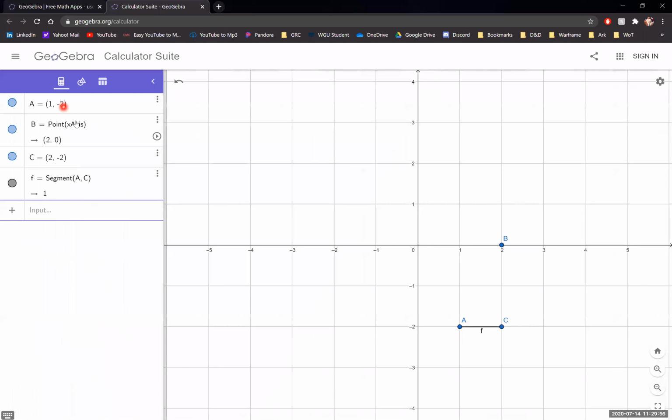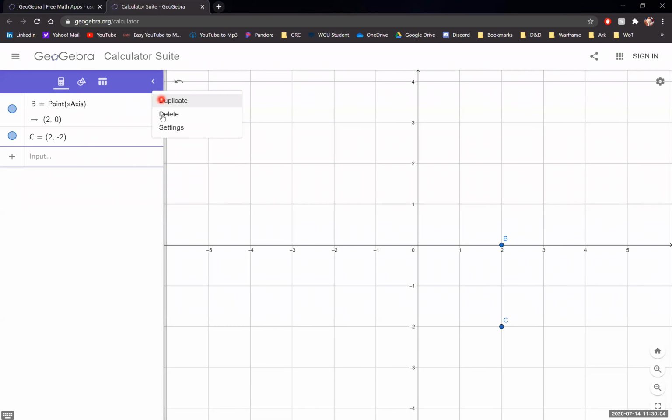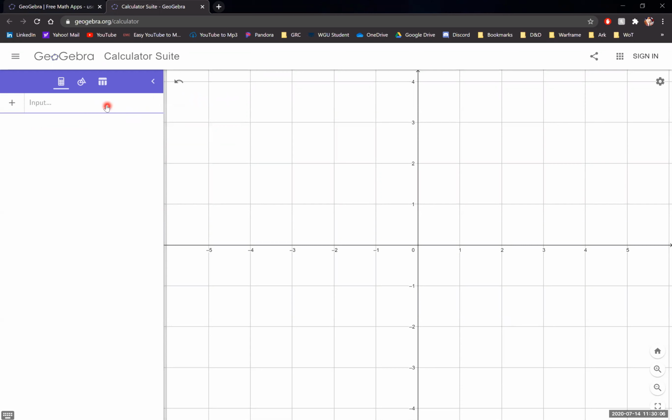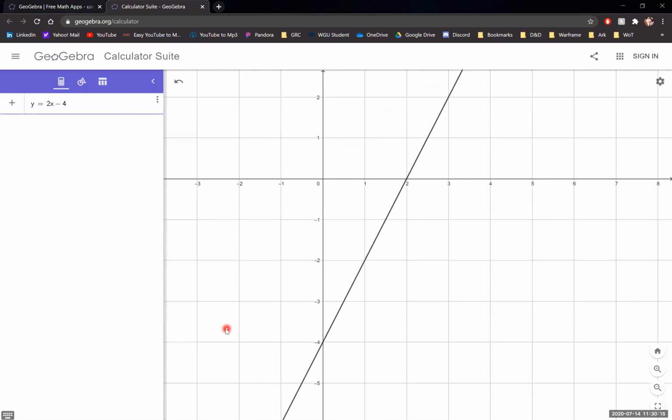What's this doing to me? Okay. Let me clear all this. A little bit more of a pain than it needed to be. Okay, so what was our equation? Y equals 2x minus 4. All right, because this thing is being a pain, I guess I'll try and draw this in. See if it's going to cooperate with me.